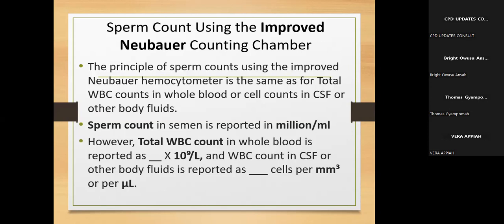So, sperm count using the improved Neubauer counting chamber. The principle of sperm counts using the improved Neubauer counting chamber, and for that matter the hemocytometer, is the same as for total WBC counts in whole blood, or cell counts in CSF or other body fluids. Unfortunately these days, because of hematology auto analyzers, I'm sure nobody does manual WBC counts. Even in school, I'm not sure they teach you how to do manual WBC counts. And therefore people complete school and come to microbiology, where cells from body fluids, including CSFs, are counted using the Neubauer counting chamber, and everybody has a difficulty, a challenge, because